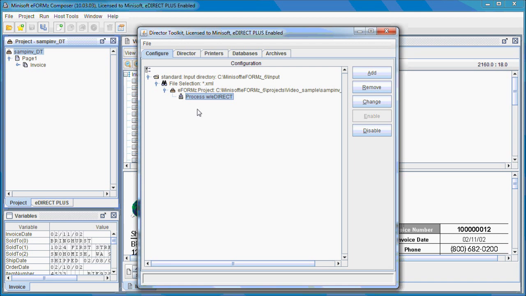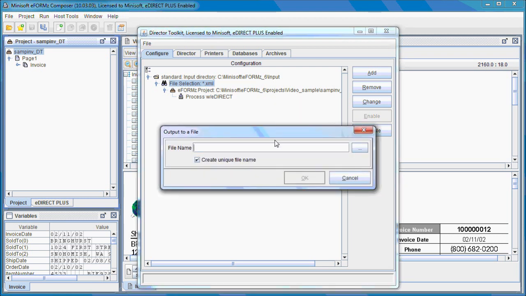But the first thing I want to do here, to get that going, is right-click the file selection and select Add Output Process and File Output. It's going to ask me for output to a file, for a file name. I'm going to do this in a relative way, so I'm going to use the backslash here, and input, and then a folder of hold one day, which is a folder I created earlier. So input hold one day,